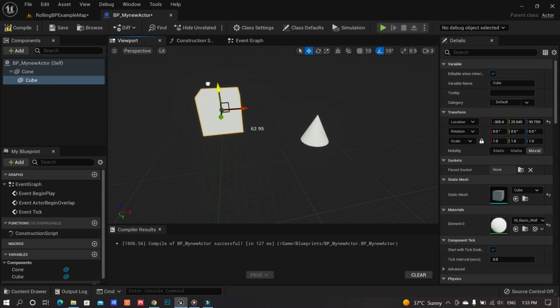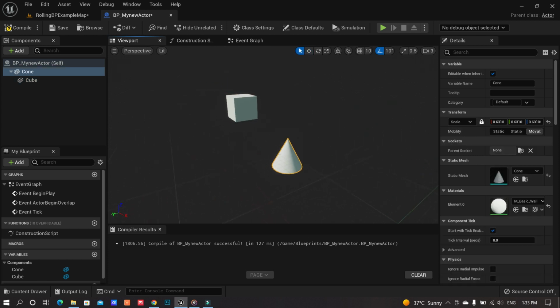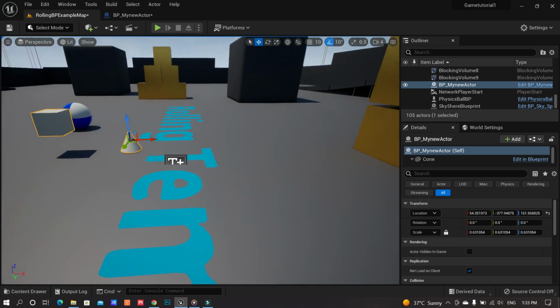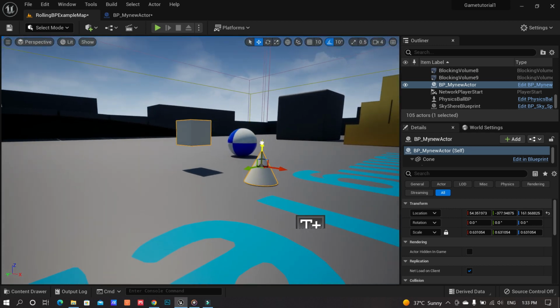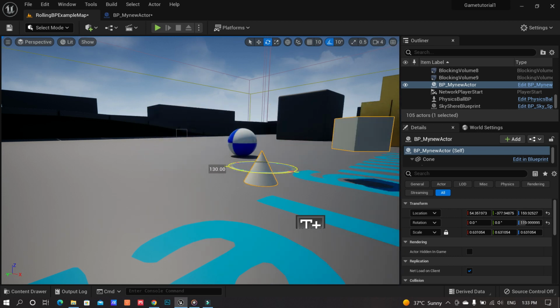You can bring up the cube, and if you want to move the cone, of course you won't be able to. Why? Because it's the default scene root. If you go back into your world, you see that this is where the new default scene root has become, because the cone is now the center of origin. Now if you want to rotate the cone itself, you will see that the cube is rotating around it. Why? Because that's the origin, that's where the whole thing is changing.